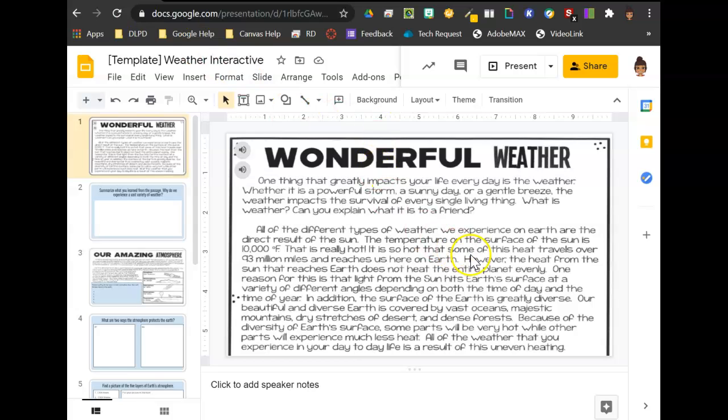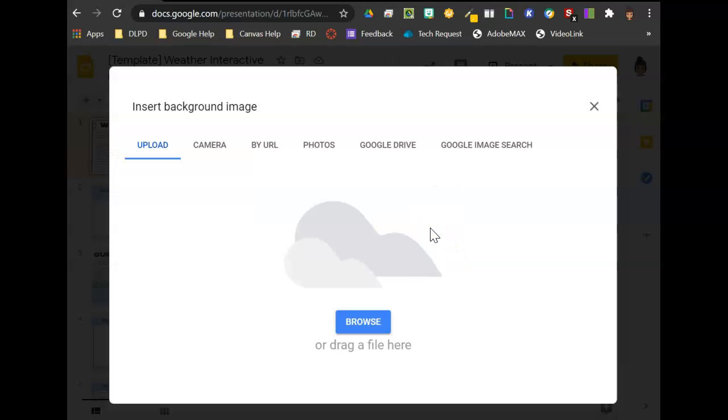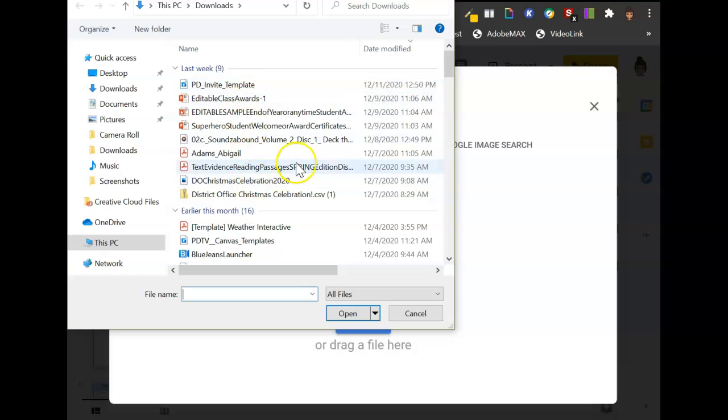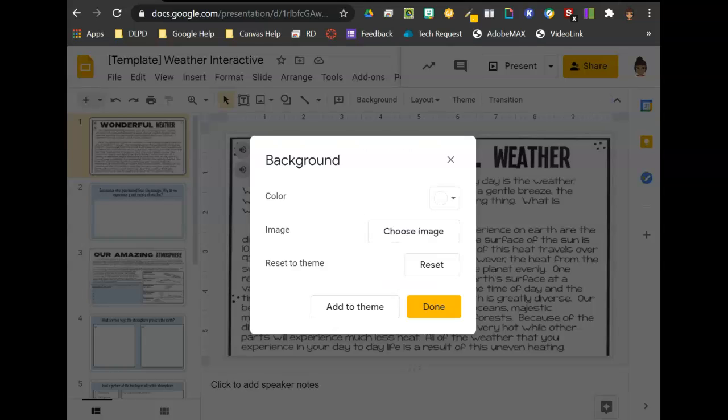Another thing you can do on Google Slides is change the background of your slide, so your students can't delete it. You click browse, and then go to whatever image file you have to upload, such as a screenshot of your worksheet. I did this with a third grade teacher at Sally Morrow Elementary, where we chose the image as the